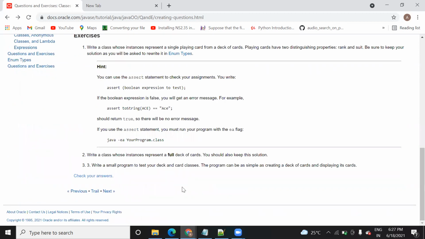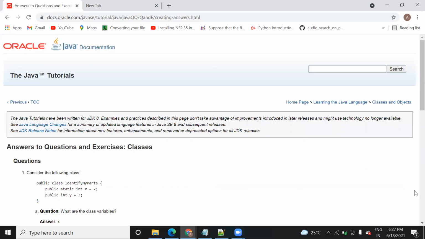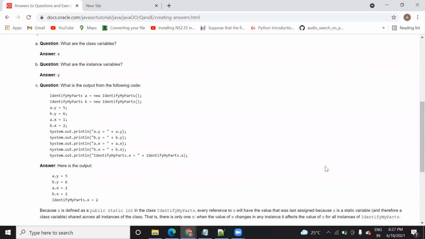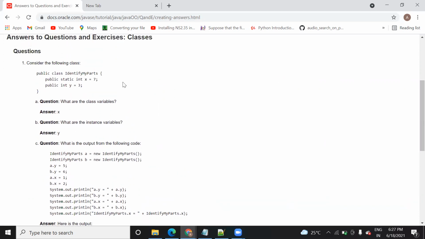So what have they actually said here? Yes, it should be two only, right? So that is the class question. What is the output? They initialize a dot x with one. So here we are using a dot x, accessing that object's x, one object. With the help of a dot x it will be 1.